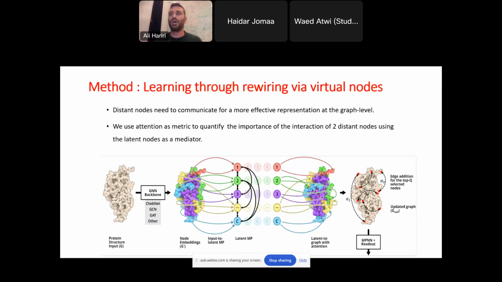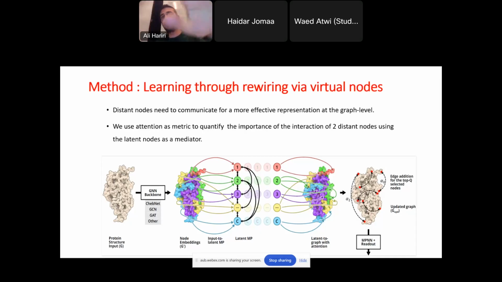And this is where I get the global fusion of information. Now I consider that all of these agents, 1, 2, 3 up until C, contain all the global information of the protein in one or a few vectors. And this is very nice because if you think about it now, any two nodes, however distant they are at the level of the protein, the maximum commute time from point A to point B is 2. So this is the maximum commute time.